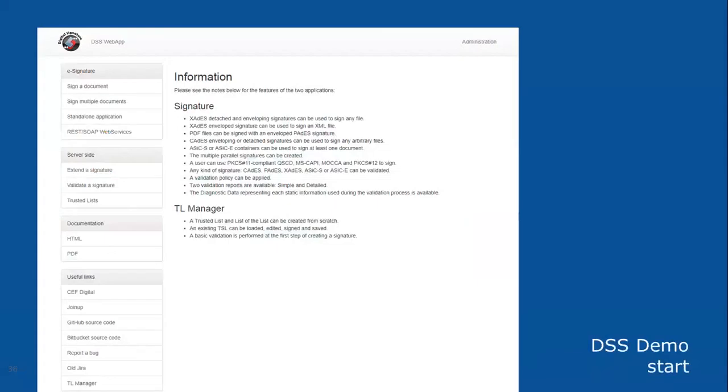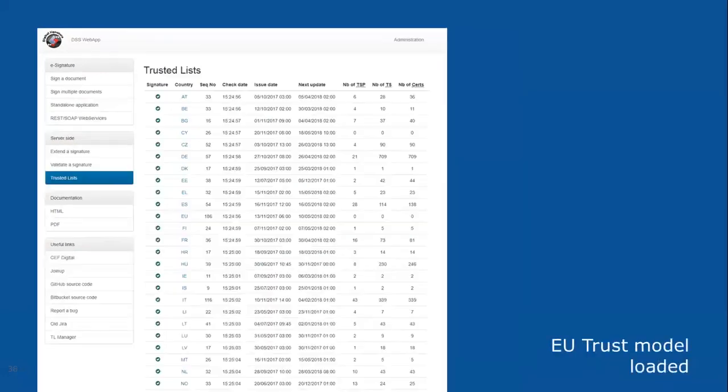Okay. If everything is running, then accessing the web demo should show this page, which is the home page of the demo, from which you can test all the features on the left. Maybe a feature that is worth a check to ensure that your demo is running properly is the fact that DSS has succeeded in downloading the different trusted lists.